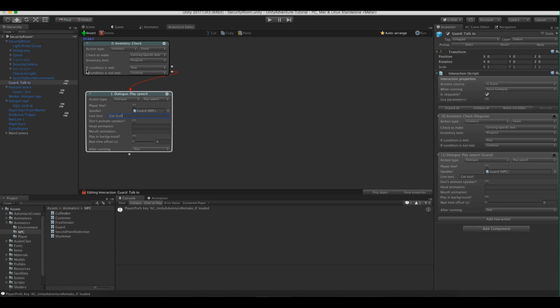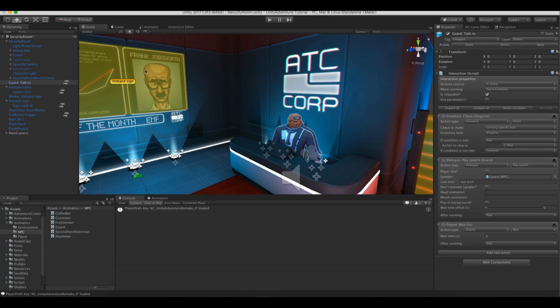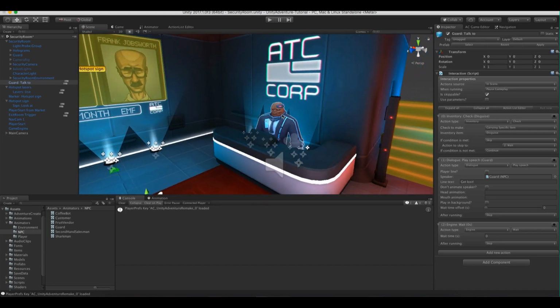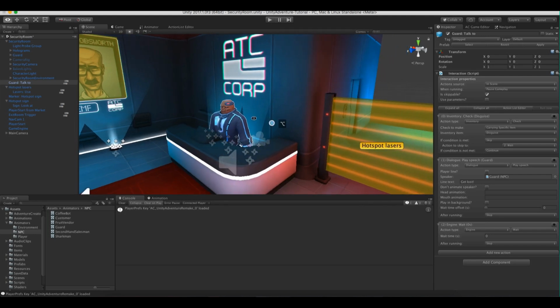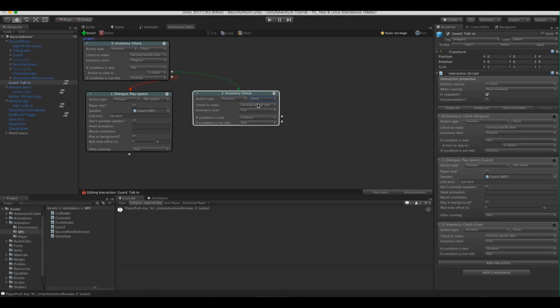Now, if the condition is met, we're going to have him make another check, because he's recognized us as this Frank. If we're not carrying the coffee cup, he'll tell us to go and get one. Otherwise, he'll turn off the lasers. So we're going to make another inventory check action. This time we're going to check if we're carrying the coffee cup. If we are not carrying the coffee cup,